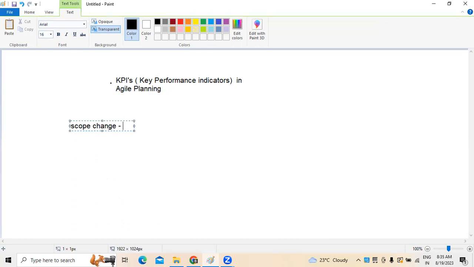Scope change means whatever product backlog items exist, sometimes there is a possibility where we need to add as well as remove some items into the existing ones. There is a deviation of scope, because for every sprint there will be a sprint goal which will be defined before we start the work,